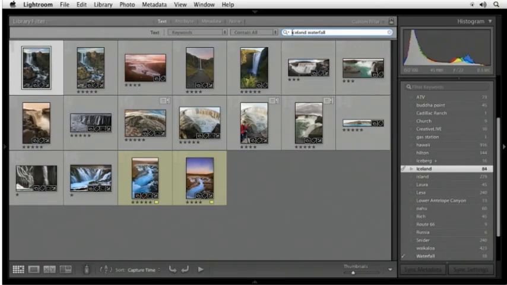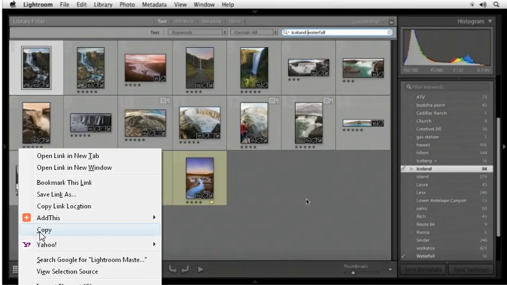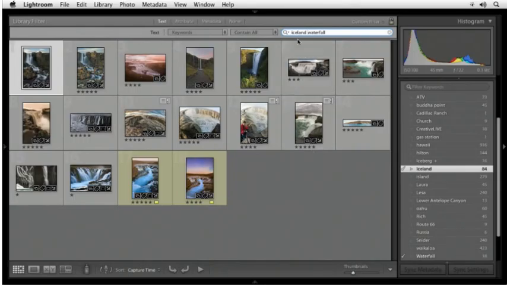If I had removed the word Iceland and this was my real catalog on my real hard drive, instead of one that we created, remember we created this catalog on the first day, I think, and started ingesting things. This would have found waterfalls in Oregon and Washington and Hawaii and everywhere else. But typing in Iceland and waterfall would have done that. If I tag all the pictures that have me in them with my name, just tag